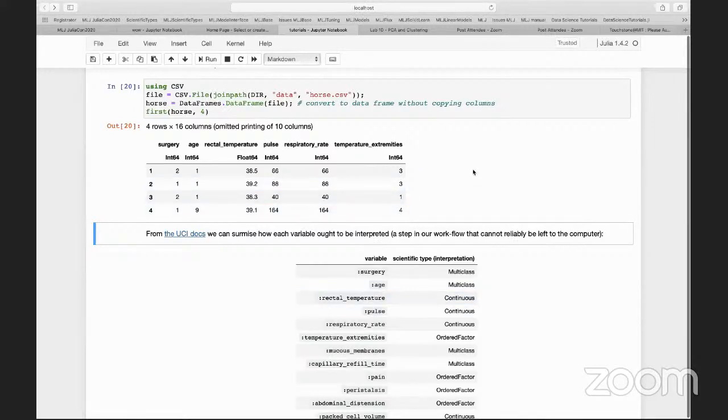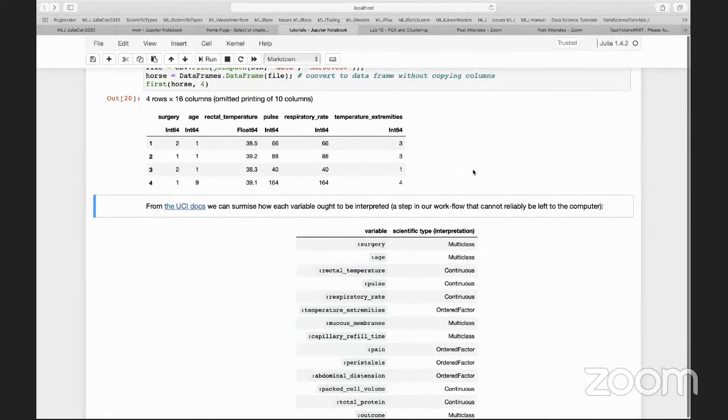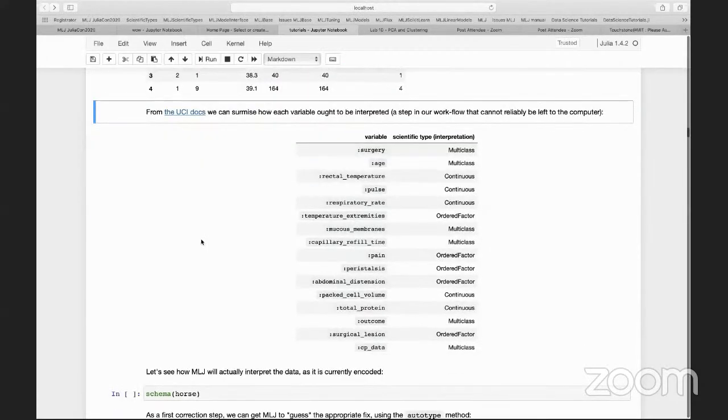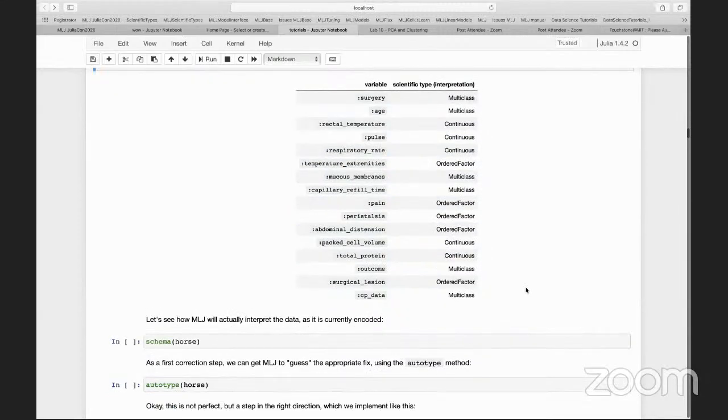And so then once you've got this data, you'll want to understand how each of those various variables ought to be interpreted. And that's not something you can leave reliably to the computer, right? So as we'll see in a minute, the computer can make a guess, but ultimately we're responsible for how we think each of these variables should be interpreted. So if you go to the documentation for this data set and you read up about it, or you use your common sense where it's kind of clear, you can figure out how each of these particular variables should be interpreted. For example, the pulse, well, that's obviously a continuous variable,